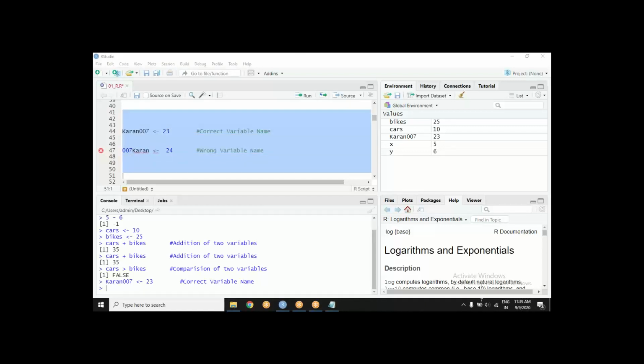So here are both examples of variable names. A variable name can be anything, as per my wish, with one restriction: it should not start off with a number.